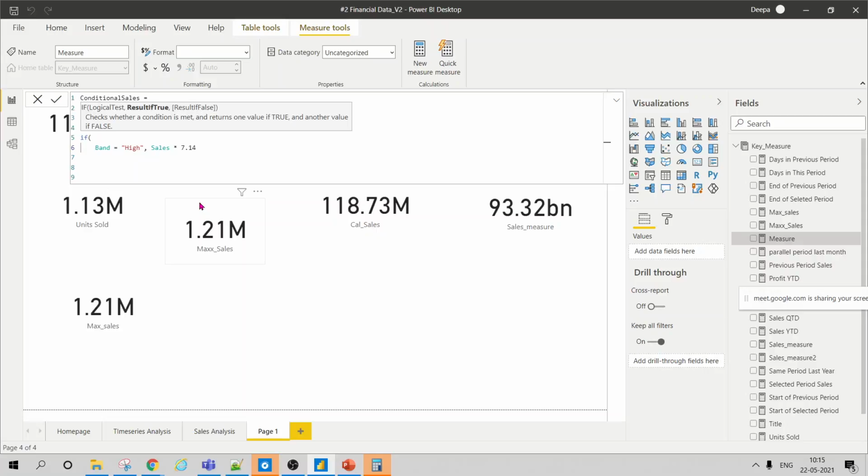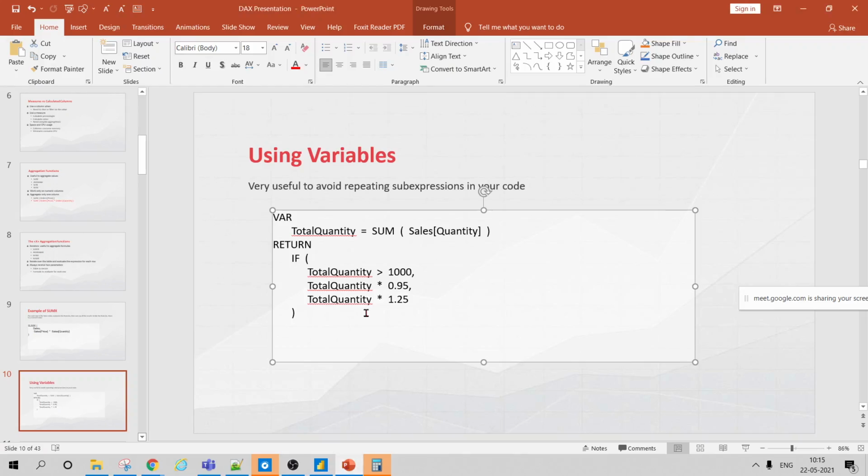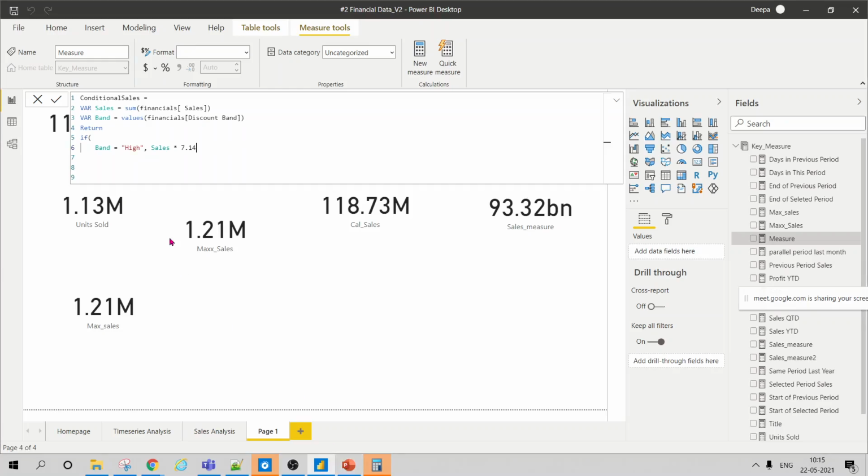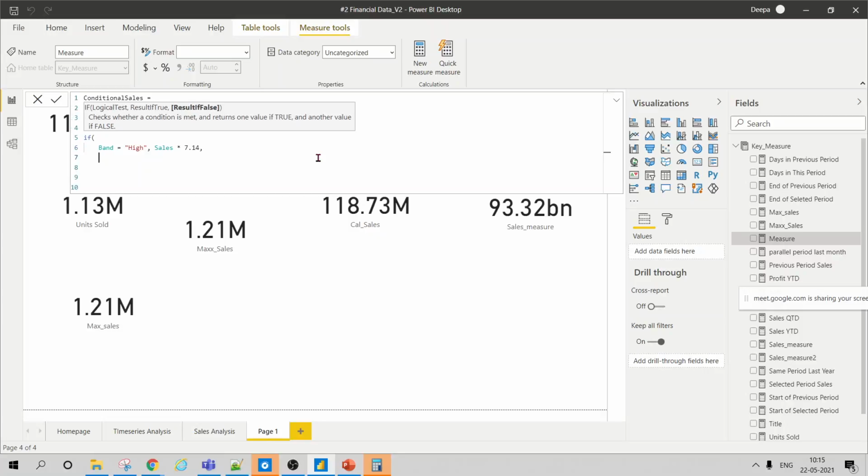Yes. So similarly to what I wrote here, if this is that, then you multiply this, else this. Now it is asking for the false condition. Else, what I want to do, I can write another condition. Inside the else condition, I can write if